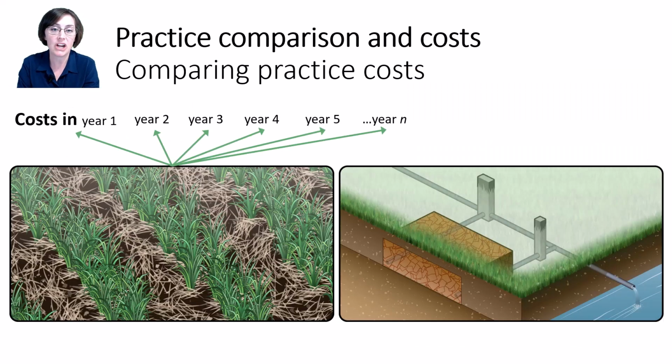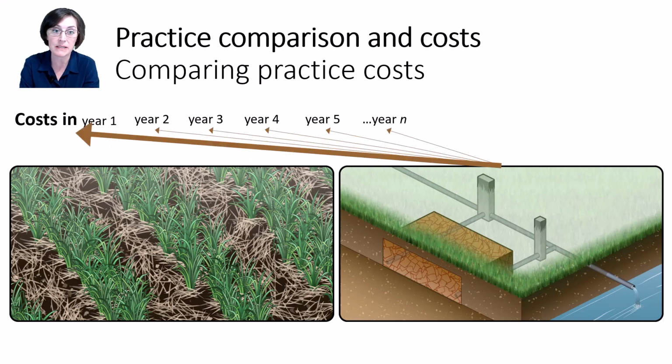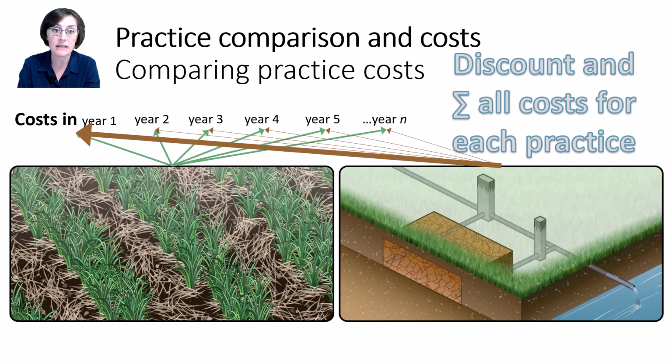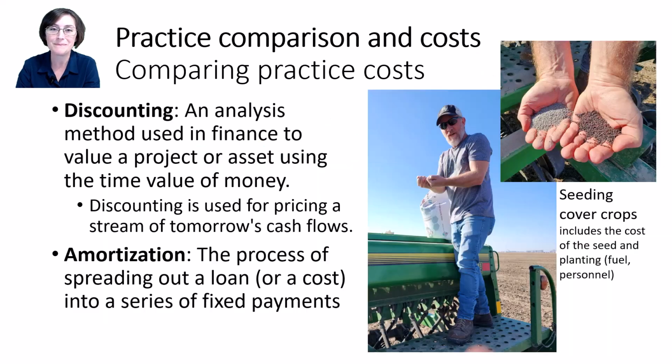For our application, because conservation practices each have different costs that occur at different times, we have to use the process of discounting to compare practices. In this process, we discount each of the costs involved with a given practice depending on when those costs occur, and then bring all of those costs back to a chosen point in time, for example, summing all of the costs once they are calculated as present value costs. That allows us to compare, for example, the total present value cost developed for each practice.